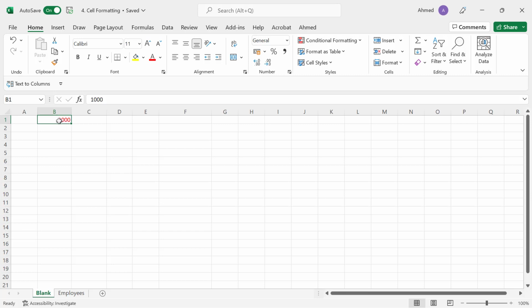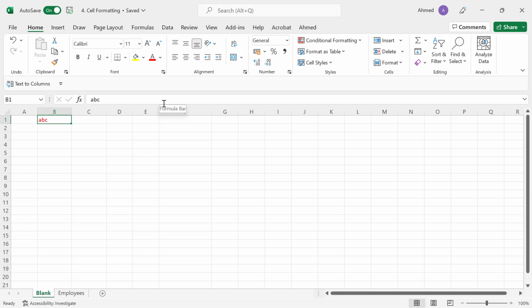Now that red formatting I have applied is not on the 1000, it is actually on the cell, because I can press the delete key on my keyboard to delete this 1000, and I can type in ABC, and you will see that ABC also is going to appear in red. That's because the current format I have applied to this cell is to make the font red. As a matter of fact, anytime you click on anything on your home tab within fonts, alignment, and numbers, you are basically applying a format to your cell. And whatever format you have applied to that cell is how any content you put in there is going to